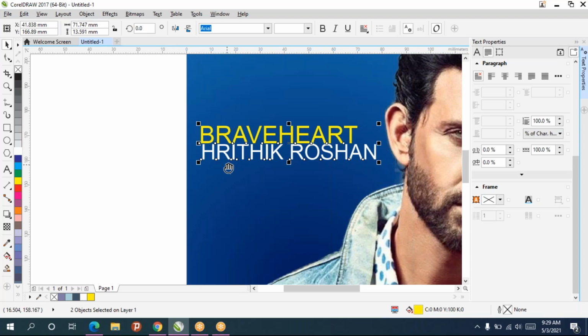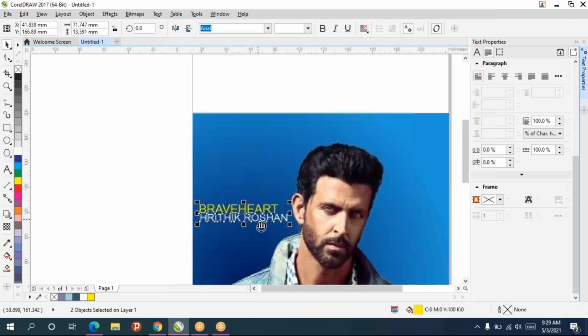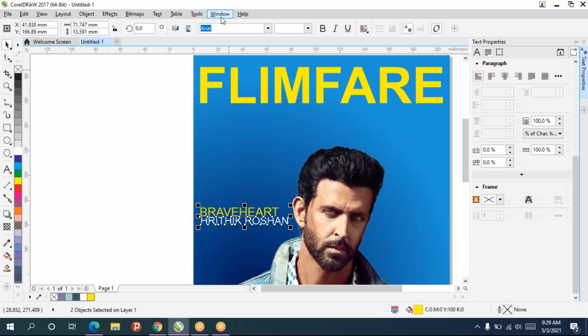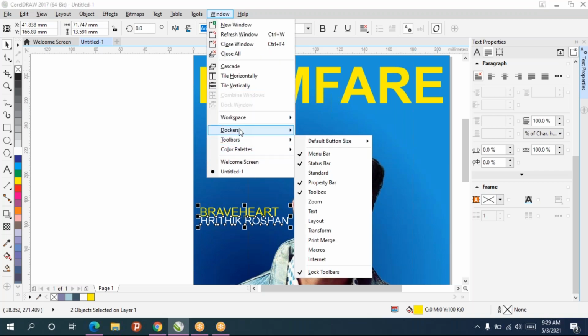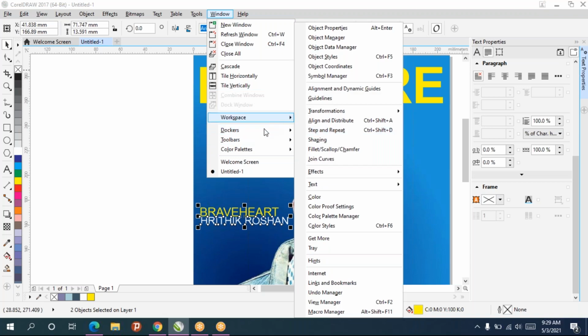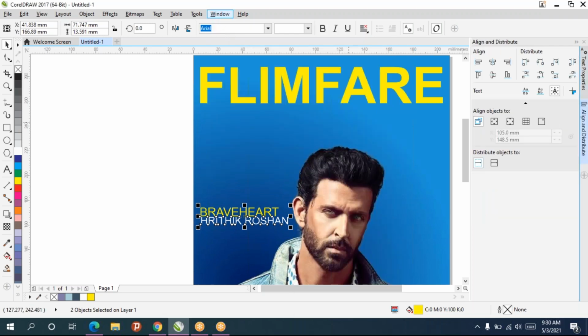And if you see this, both the texts are not in a proper line. For alignment, always enable it: go to the Window menu, there go to Dockers, and enable Align and Distribute.